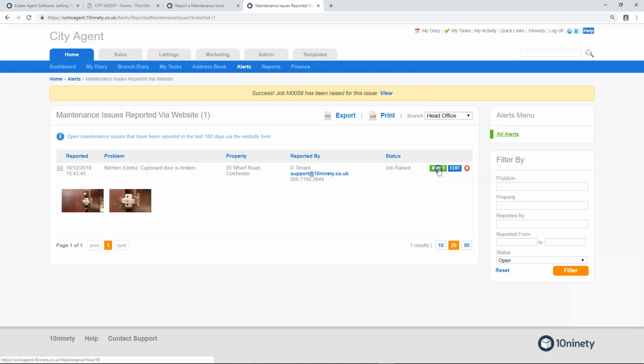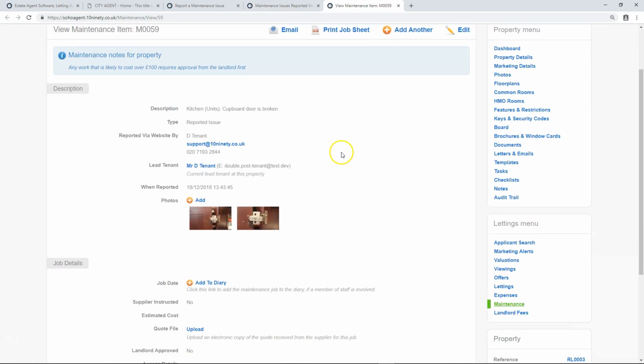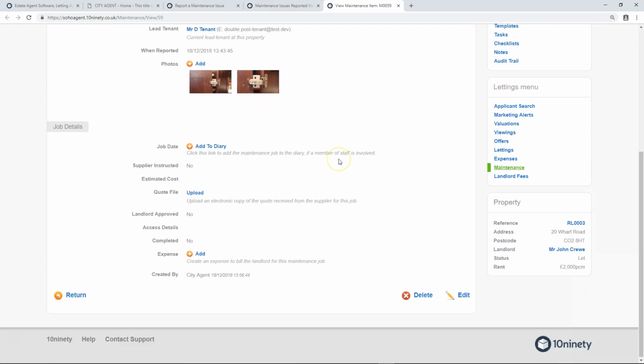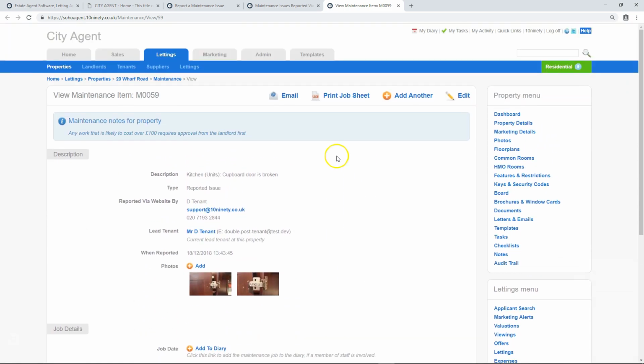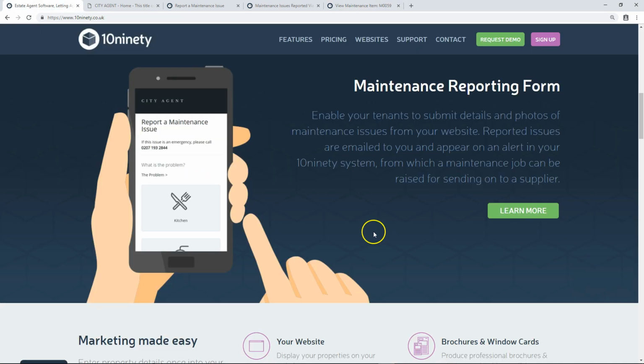From the maintenance job, you can then deal with the issue as normal, assigning it to a supplier, getting the landlord's approval of a quote, or emailing out a job sheet to the supplier. And that's it. A quick and easy way for your tenants to submit maintenance issues managed centrally from within your